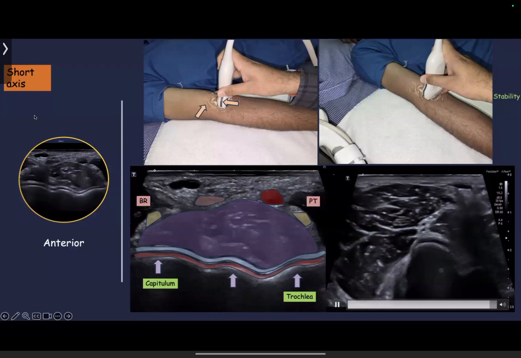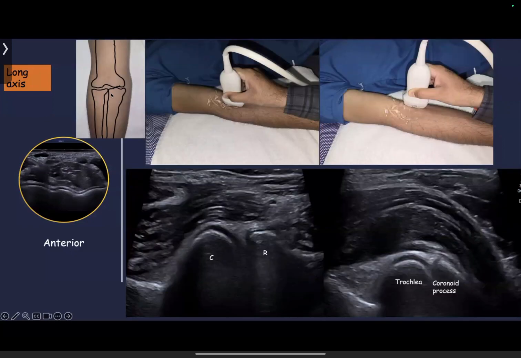Right. So in the long axis, what we'll do, we'll put our probe in a long axis in such a way that we are covering the distal end of the humerus and the radius. So we are placing the probe here. Then we'll just go medially to evaluate the structures. So on the lateral side, we have the radius and